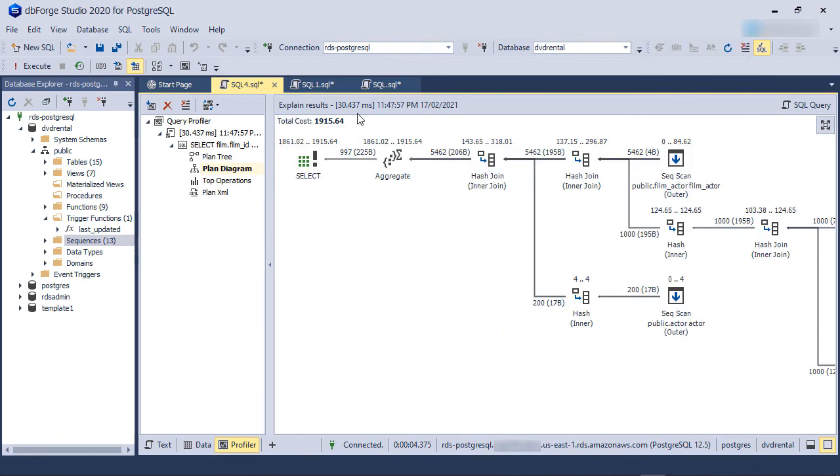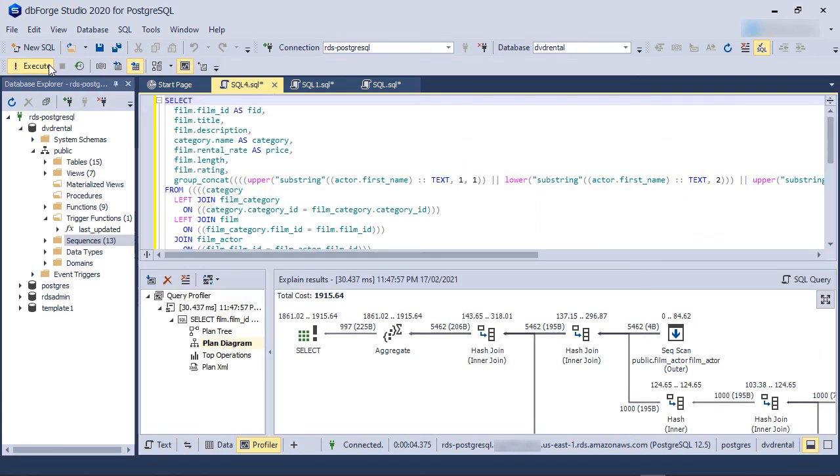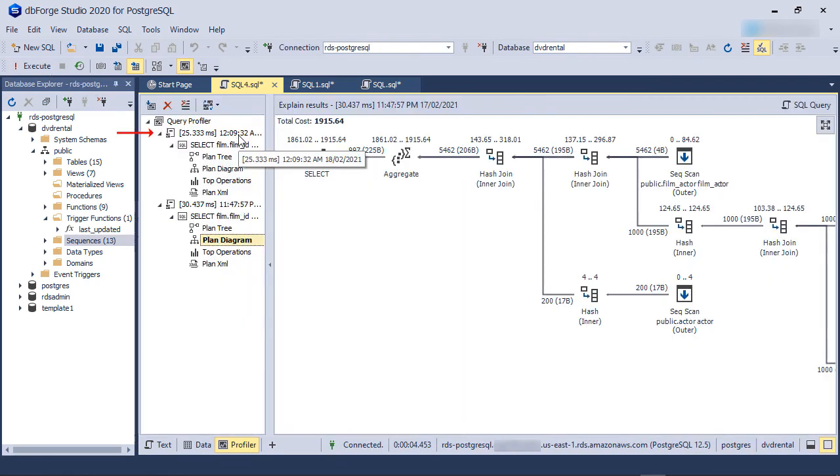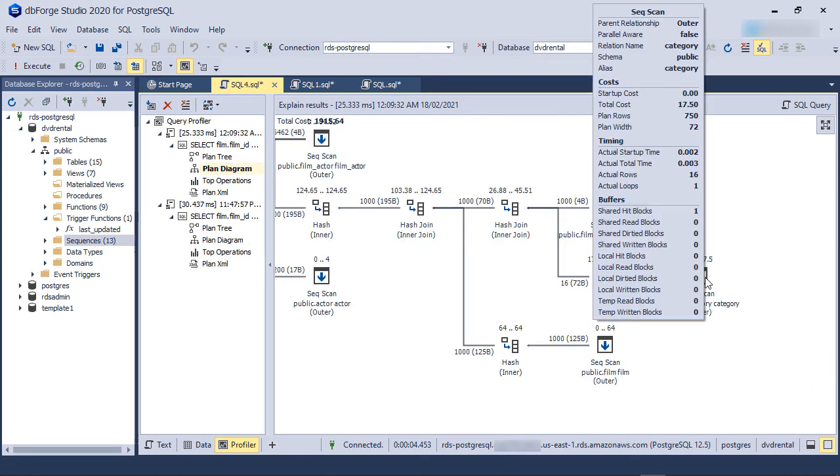To troubleshoot, let's note down the total query time and the total query cost. Remember, this is a generated query plan. We haven't actually run the query. Just to be sure, let's run the query. Now the total query time has decreased significantly. That's because the query engine is running the plan from its cache. However, the query cost is the same, and the number of plan rows and the actual rows is still different